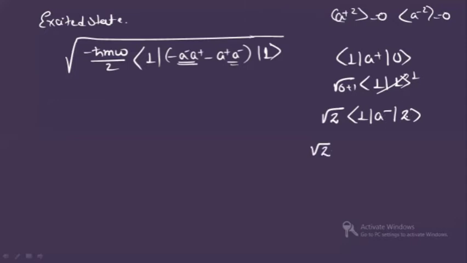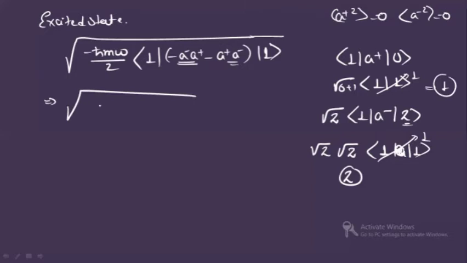This time the lowering operator will operate. So root over n is what? Root 2 here, because this is n, right? 1. Again you will have here 2 minus 1, so 1. So this is also 1. So here what you are having? The value of the second term is 2. The value of the first term is 1.